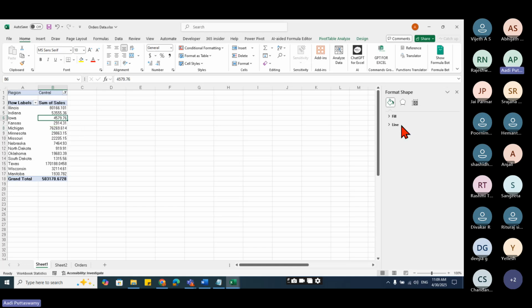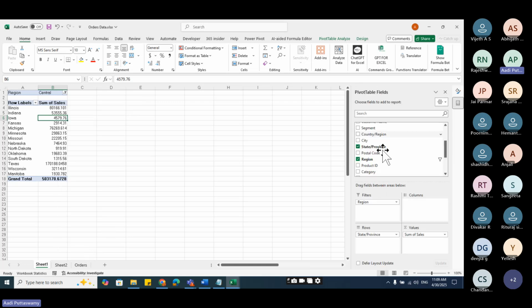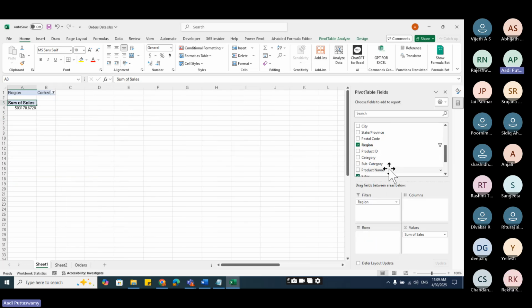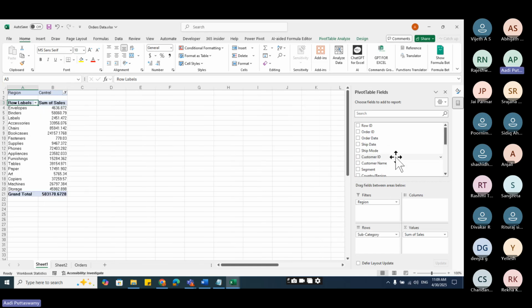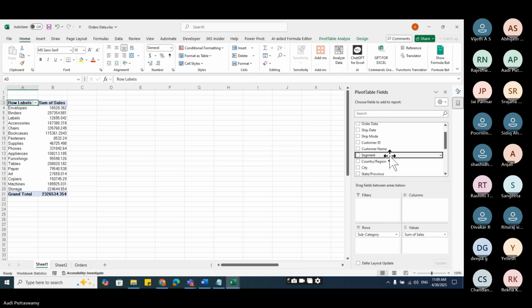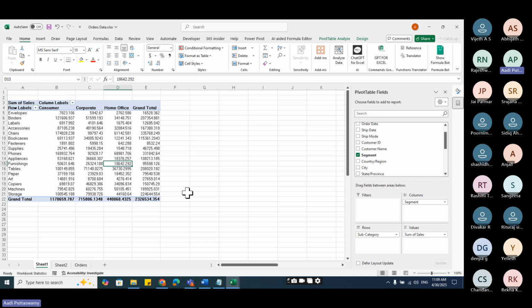Let's say I'll go here and I'll take this pivot table. Okay. Here it says state. I'll not take the state. Let me take subcategory. Okay. Then let me remove this region.